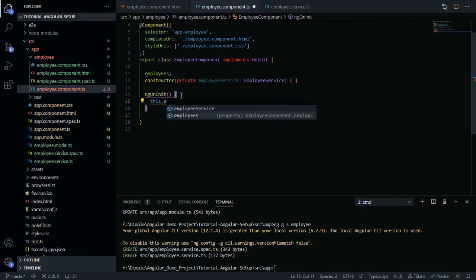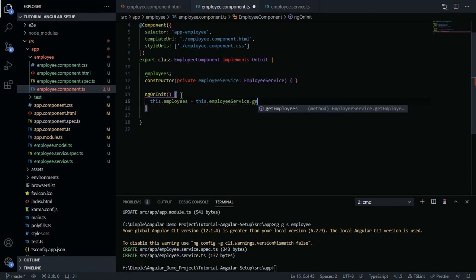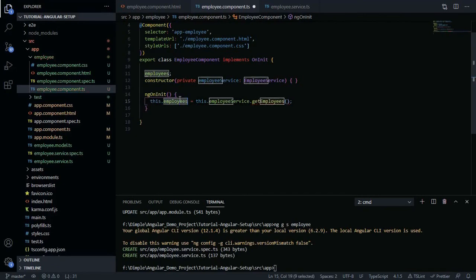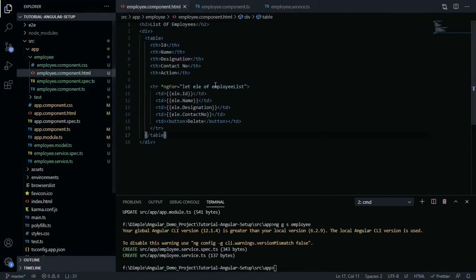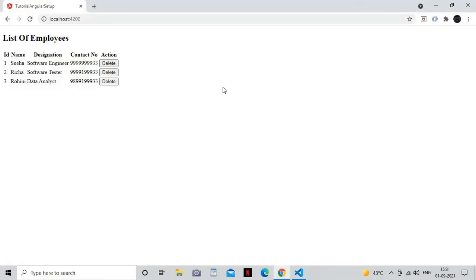So we simply write this dot employeeService dot getEmployees. Still it is not showing, because I have provided the name here as employees, and in the HTML I have given employee list. So mention it here, employees. Now see, we are able to see the employee list.